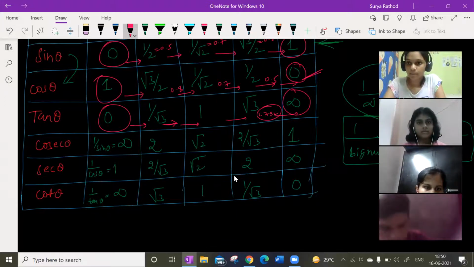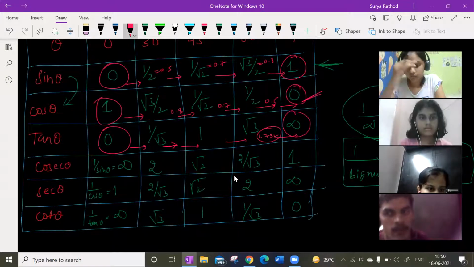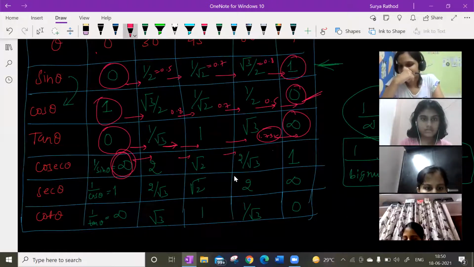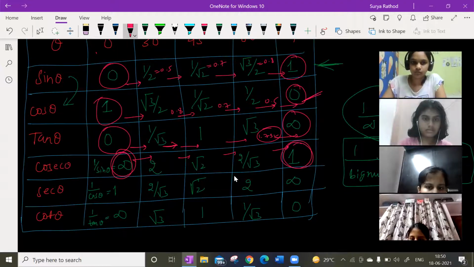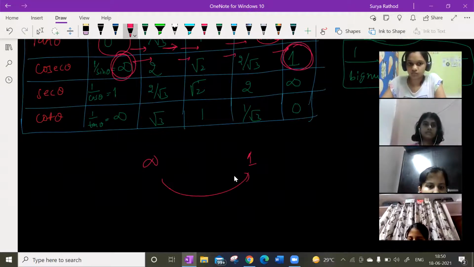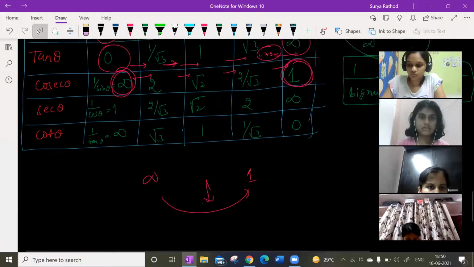Now cosecant theta. Cosecant theta देखो ध्यान से सुनिए. Cosecant theta को कैसे लिख सकते हैं हम लोग? 1/sin theta. Look at this, 1/sin 0. So 1/0. 1/0 का मतलब इनफाइनाइट होता है. देखो इनफाइनाइट से क्या हो रहा है? घट रहा है. 2√2, उसके बाद 2/√3, उसके बाद 1. सो इनफाइनाइट से लेकर 1 आ रहा है, तो घट रहा है ना, डिक्रीजिंग. सर समझ रहे हैं? Are you getting my point, children? Yes, sir.